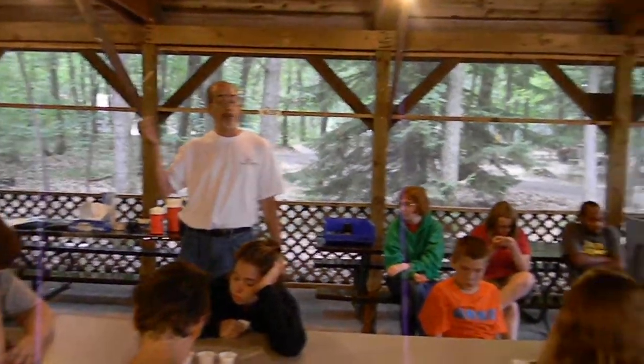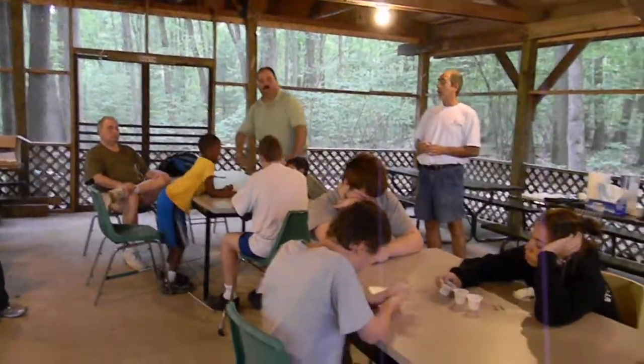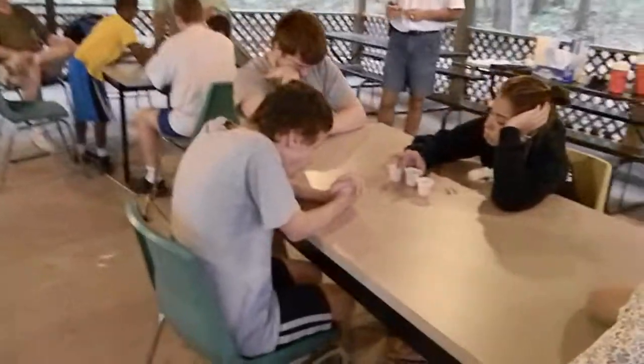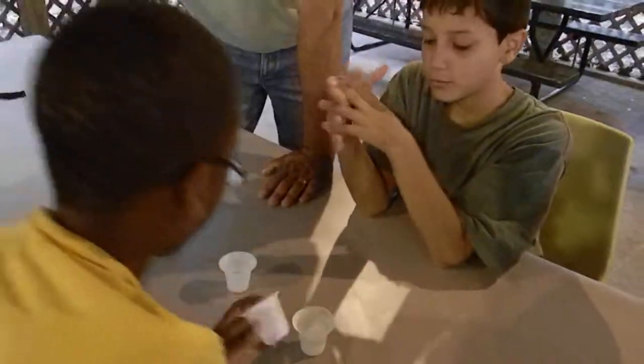Now, in front of you, you have three forms of water. Remember, you have two forms of water. Take the one that has the ice in it, and pour part of one of the other ones, not all of it, part of it, it'll overflow, on top of the ice. What's going to happen with the ice? It's going to melt. If you leave it sit there for a second, I want you to think about